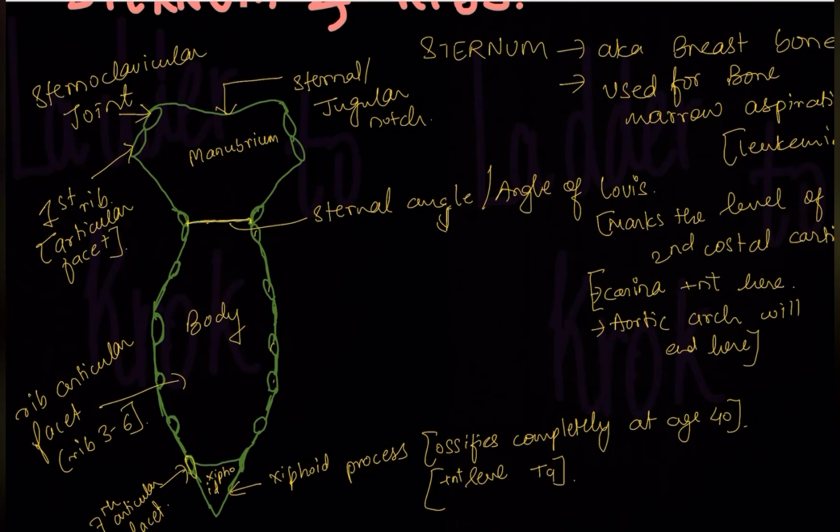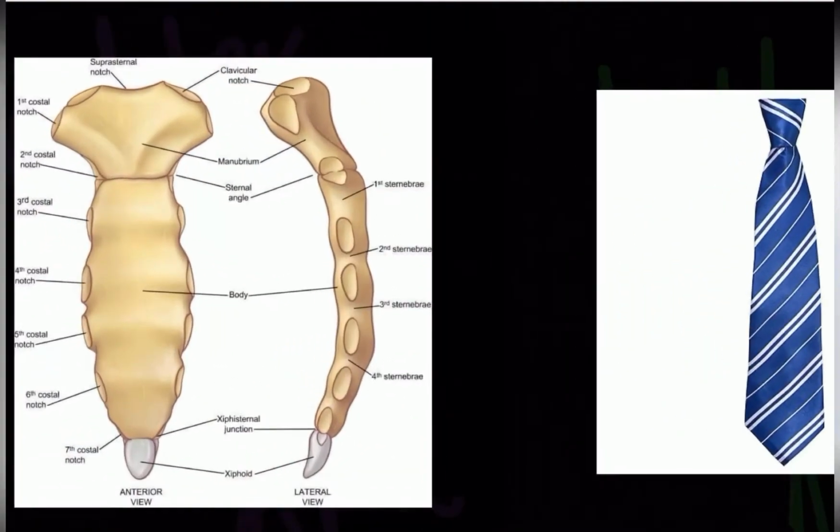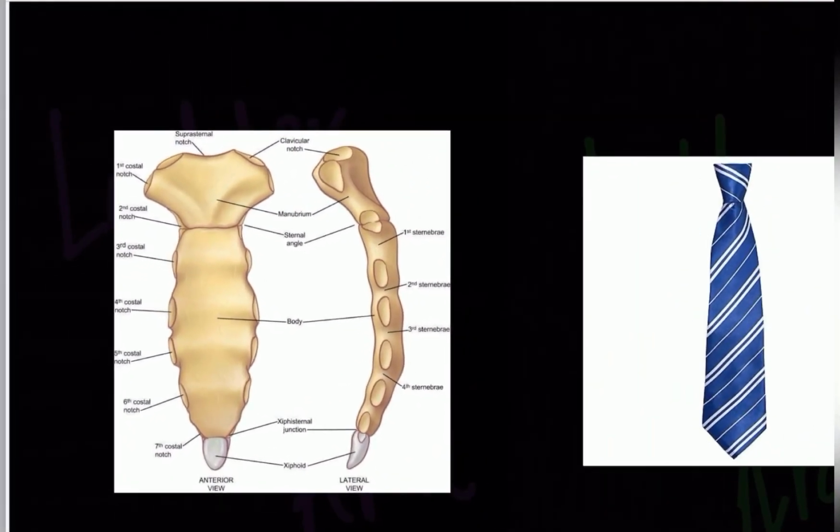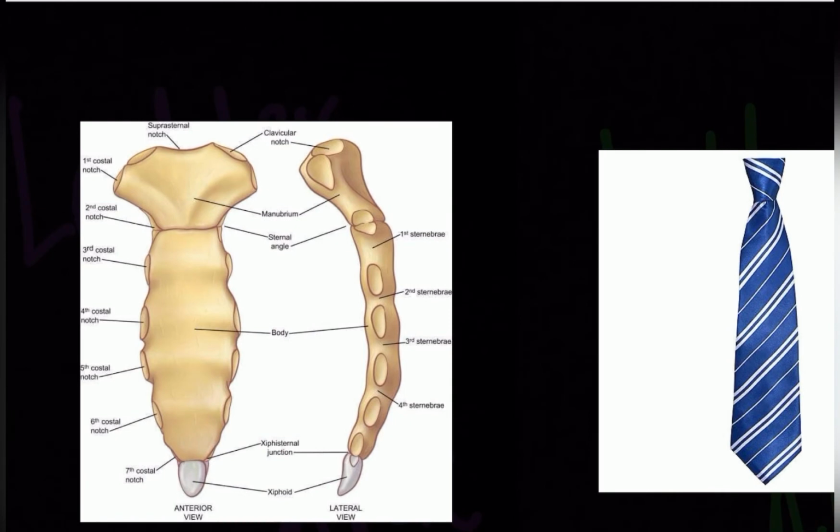What is present at the jugular notch? Remember, it's present at the T2 level. Where is it present? At the T2 level. So I guess we are done with the sternum. Let's revise them in the real picture. So here you can see clearly, right? Draw the previous picture which I have drawn. This is for you to know clearly.